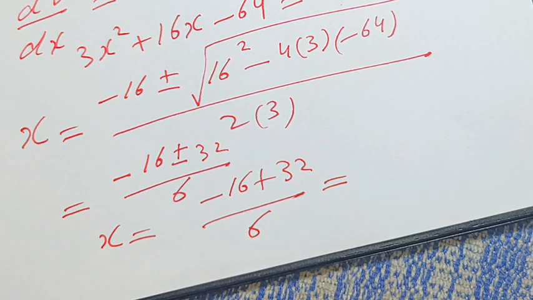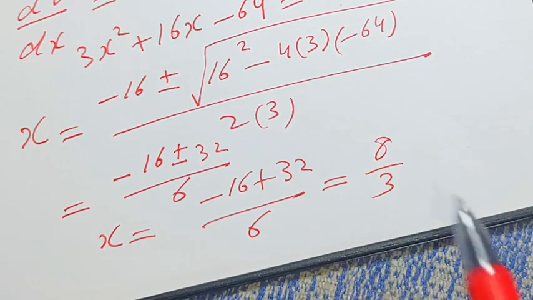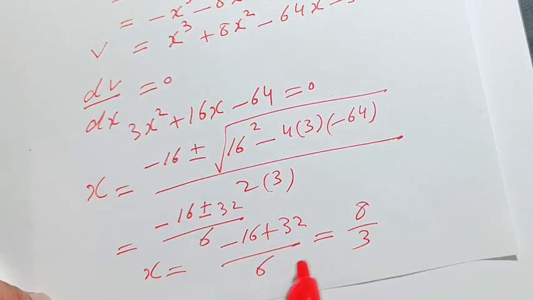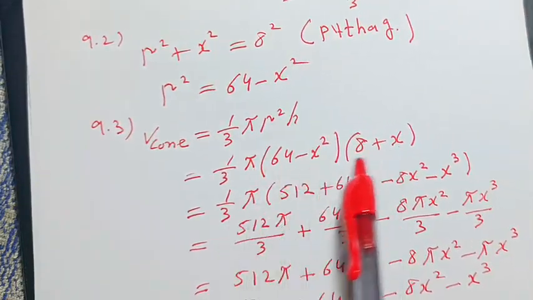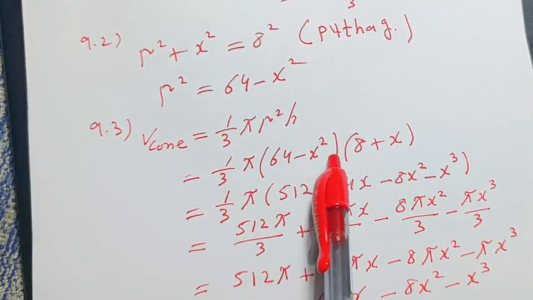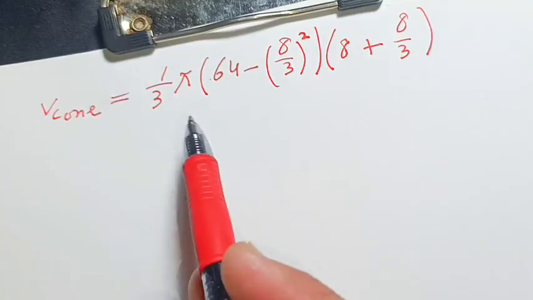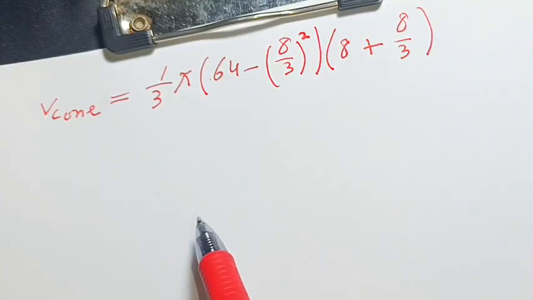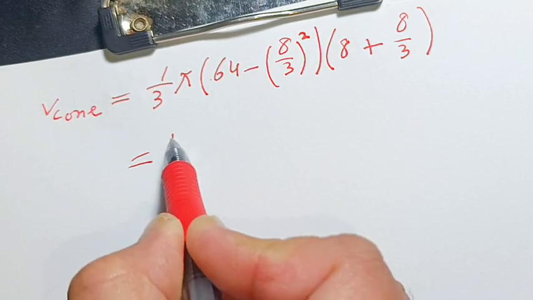Using the calculator, the answer is 8 over 3. x is equal to 8 over 3. I substitute into the original expression, the volume of the cone, and now I'm going to simplify. So the answer is going to be 1 over 3